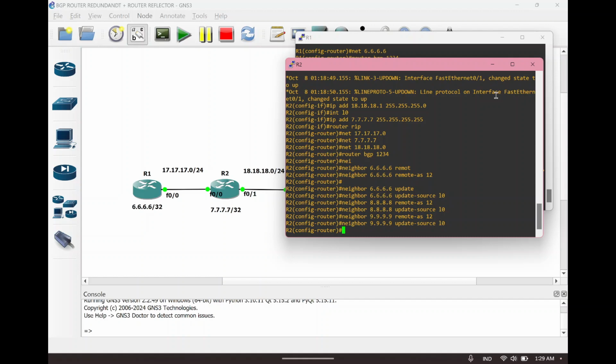So in here, for router number 1 and router number 4, we want to make the remote client, route reflector client. In this video, router number 1 and 4 are route reflectors, and number 2 and number 3 are router redundant.